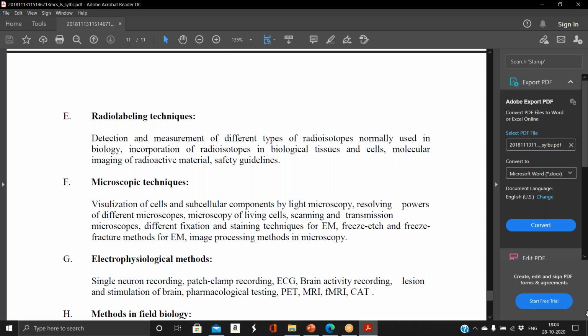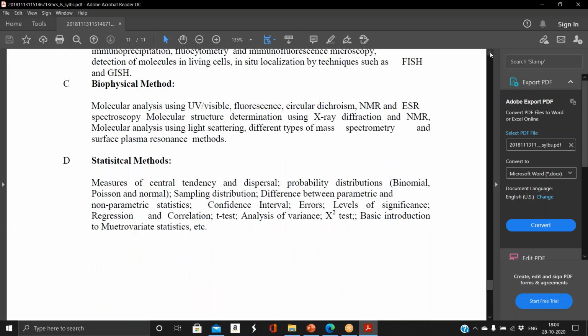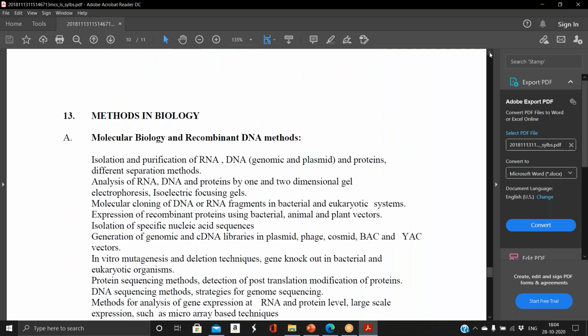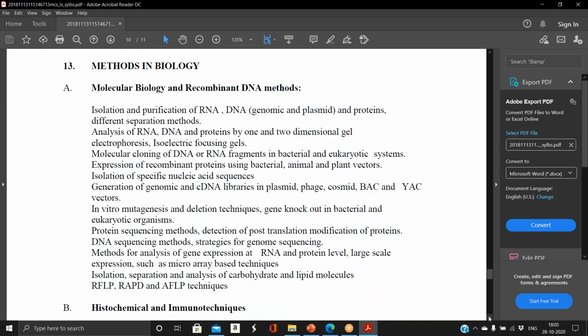So today we are going to start one important topic, which is equally important for your regular studies as well as for CSIR. That's in unit 13. You have a section, molecular biology and recombinant DNA methods. I hope most of the microbiology, biotechnology, biochemistry students have a portion in recombinant DNA technology and molecular biology, because it is very important both theoretically and practically for your future career as well as for future job prospects.